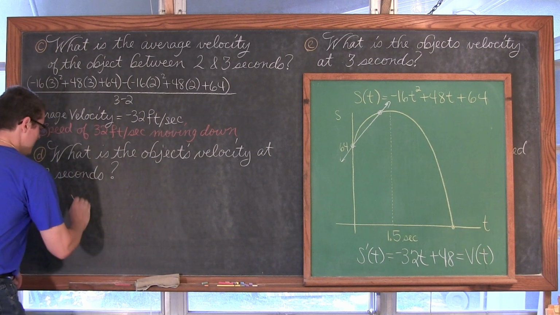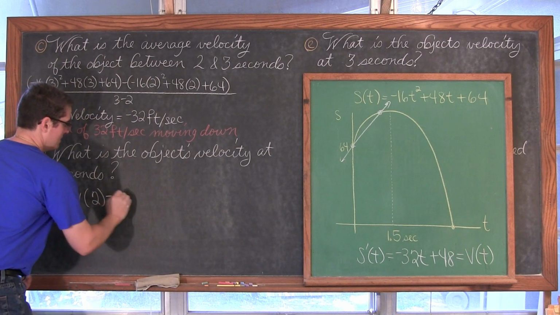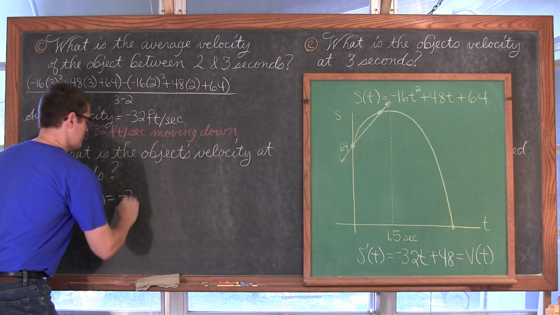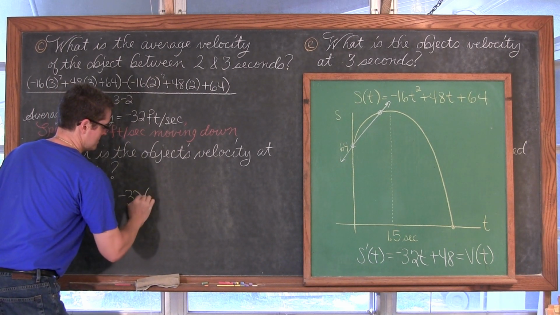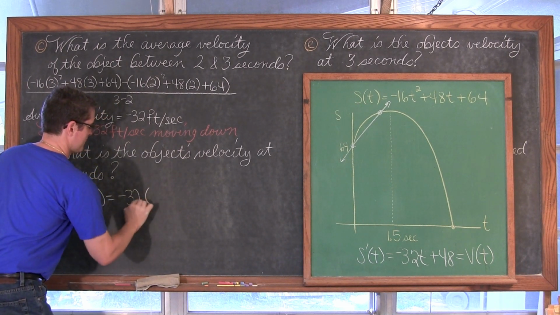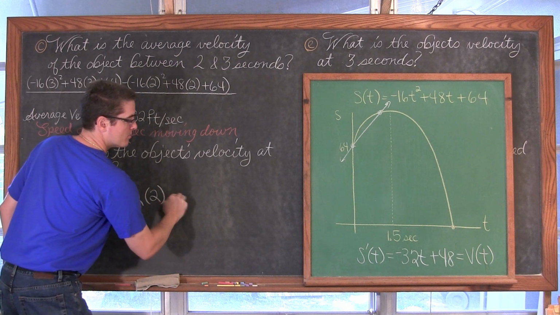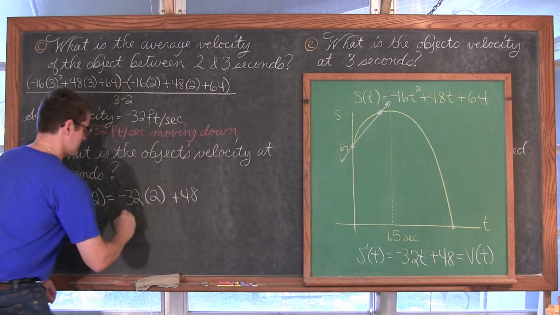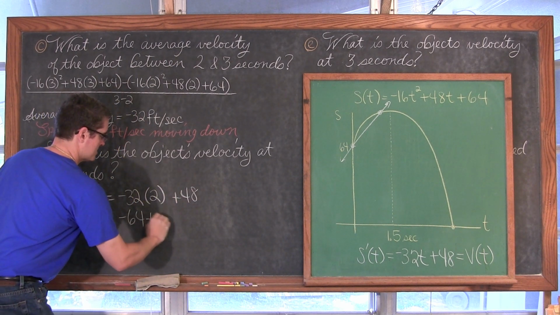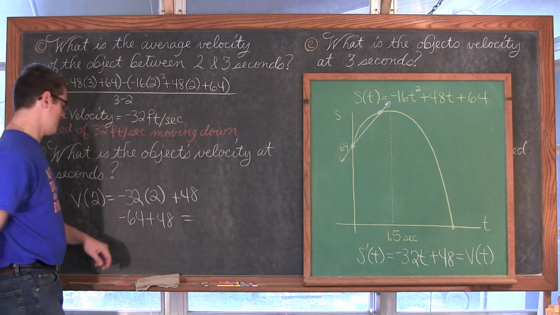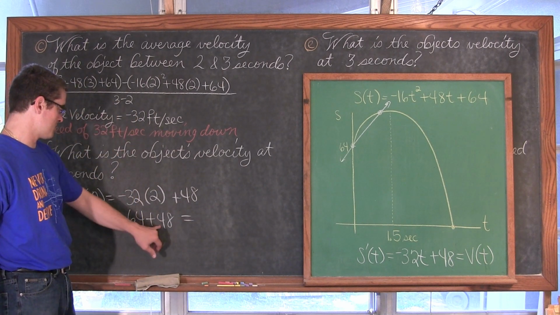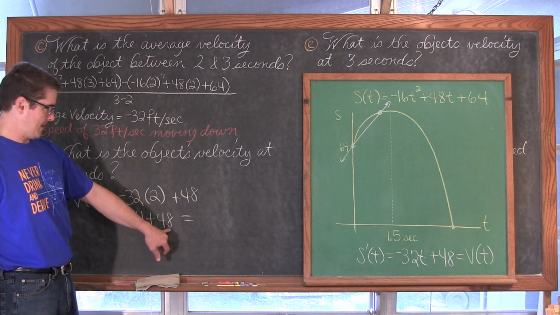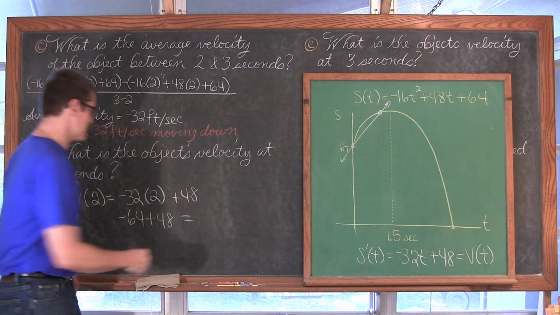So v(2) is equal to negative 32 times 2 plus 48, which is negative 64 plus 48, and that is going to be equal to negative 16